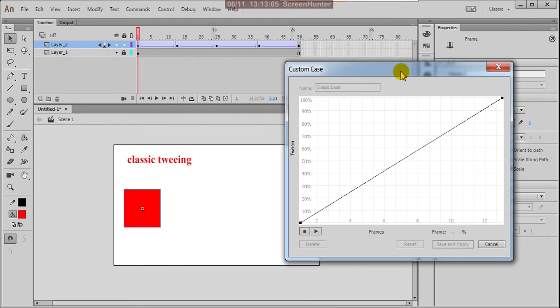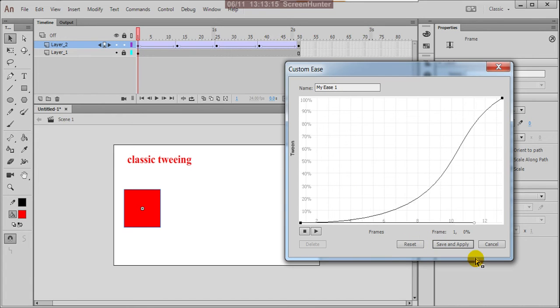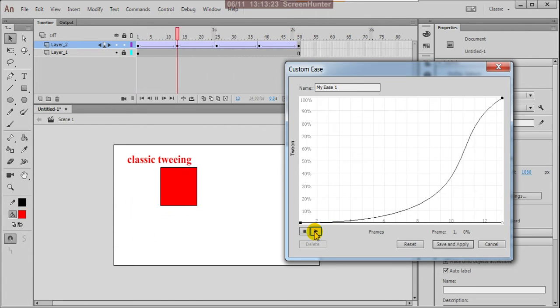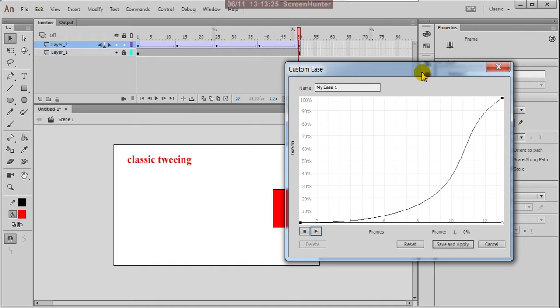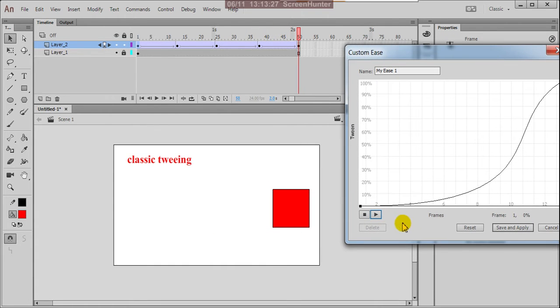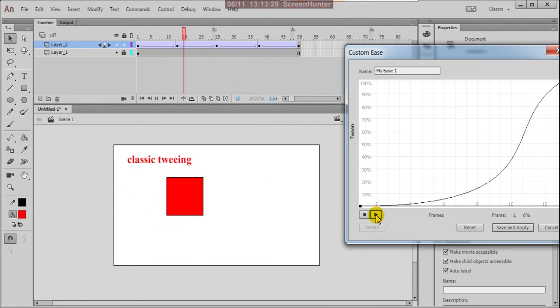There is a graph, this is called the custom easing graph. Click there, and there is a node. Now you can drag down and see the preview of your animation. Play here. Now see the speed of your animation.